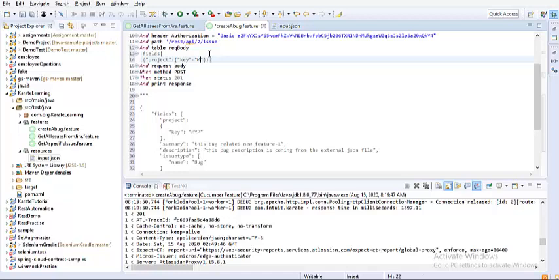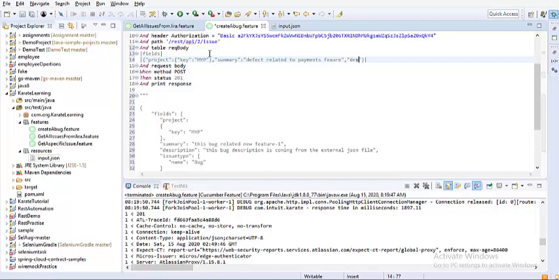Sorry, it is MYP, the key for my project, and you have to give a comma, and inside the double quotes I have summary and then colon. What is the value for summary? So you can just put it in like defect related to payments feature. So these are bug name, bug summary, and the next thing is description.